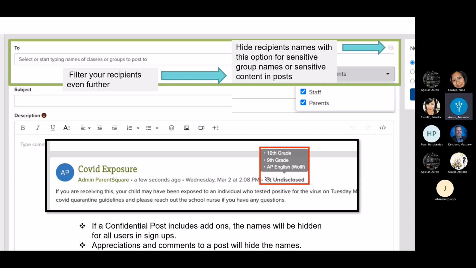Now, this eyeball will allow you to hide recipient names if you have a sensitive group or sensitive content in a post and you don't want it to be widely known who is a part of that group. So it's very much akin to a BCC, or blind carbon copy, in our emails that we're used to. So the users of that group wouldn't see who else is in that group with them, but they will still